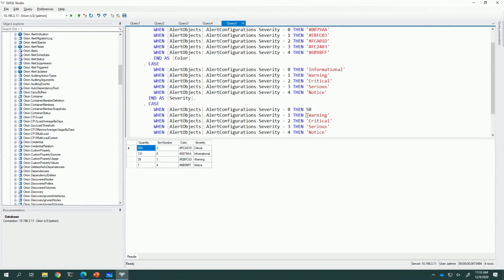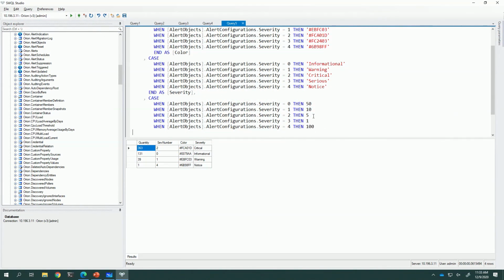And then when it is warning, 10, critical, 5, serious, 1, and notice 100. And then I'm going to end as sort order.